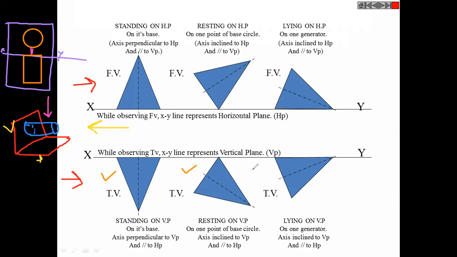But why are they hanging like this, inverted? Because it is in VP, its top view will be inverted. You will find it inverted because we are unfolding in this direction. We rotate this plane in this direction to have a 2D effect. That's why it will be touching this XY line and the position will be inverted. Clear to everyone why these are like this? Any doubt?